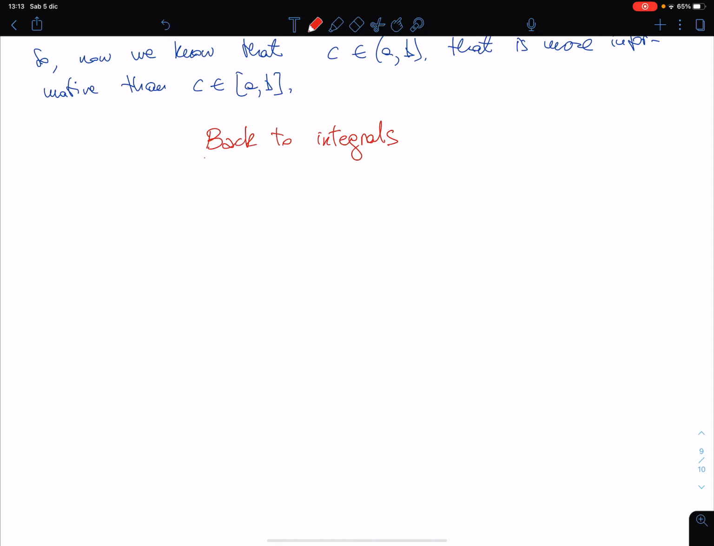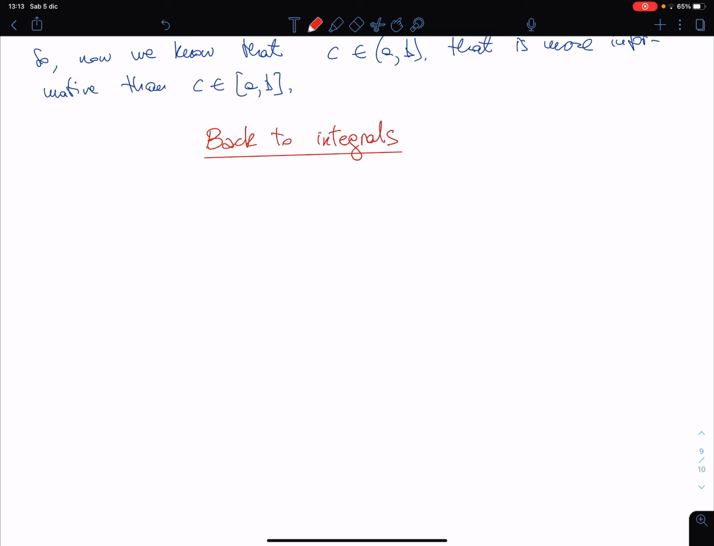So now we have the corollary of the Lagrange Theorem that says that if a function has derivative vanishing on an interval, then this function is constant on that interval. So we can go back to integral and compute them. And so first